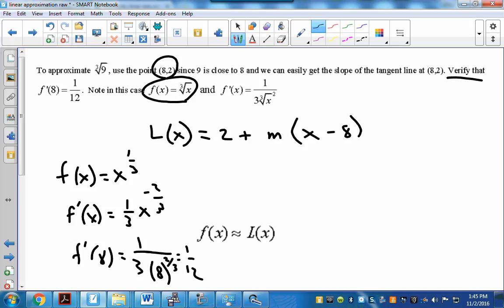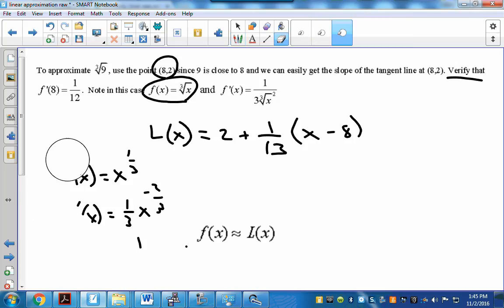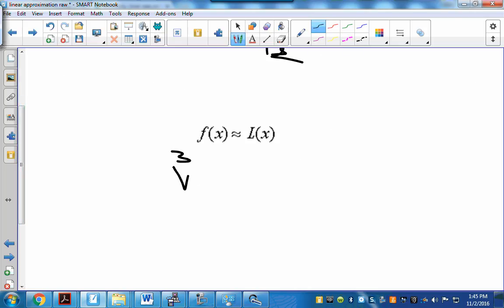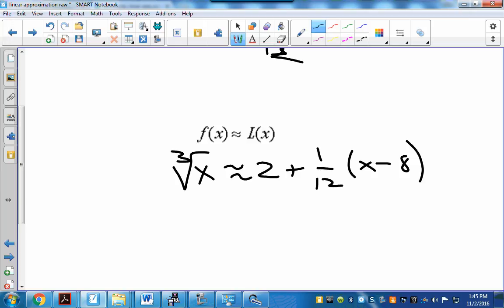Okay. So we just put 1/12 there, and then approximate this cube root. So you do all that work. 1/12. Okay, so the cube root of x is about the same as 2 plus 1/12 times x minus 8. That's a tangent line to the cube root curve. It works really well. This is a good approximation